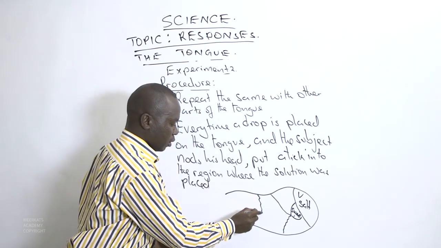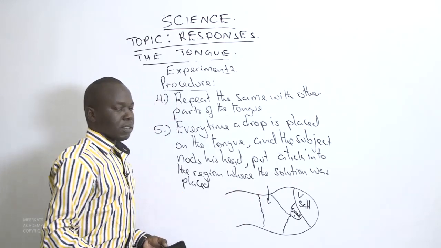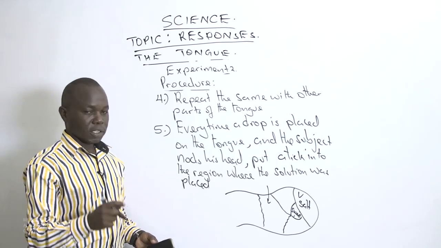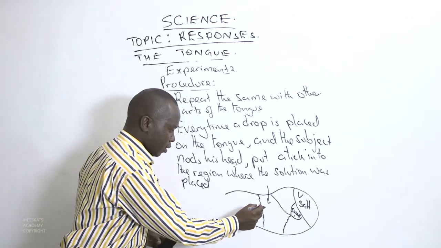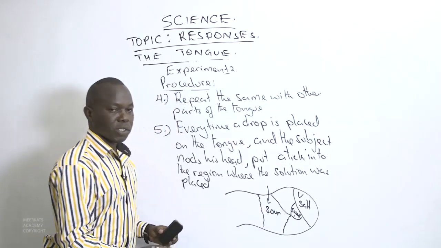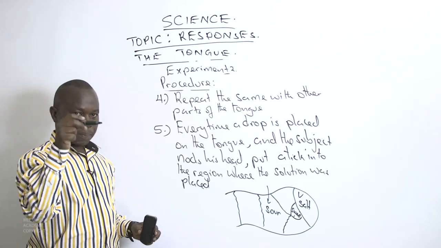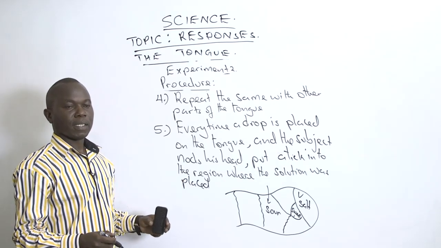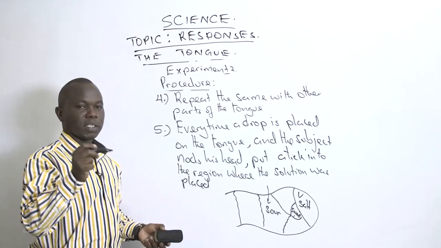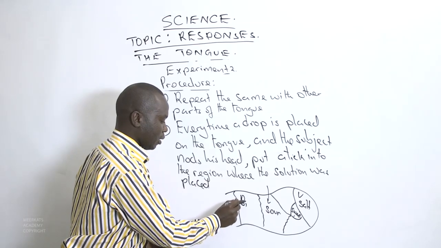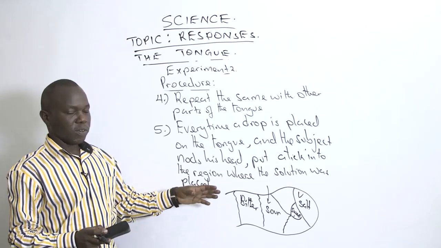And then you move on to other parts of the tank. You drop here again. He nods the head. It is you who knows why he's nodding, because he has tasted something sour. So you can put there the word sour. Then you move behind the tank. You drop their solution, and the subject again nods. He does not know, but he has tasted something. He has not told you, but it is you who knows that that is bitter. So in this way, you'll have developed a map of the tank